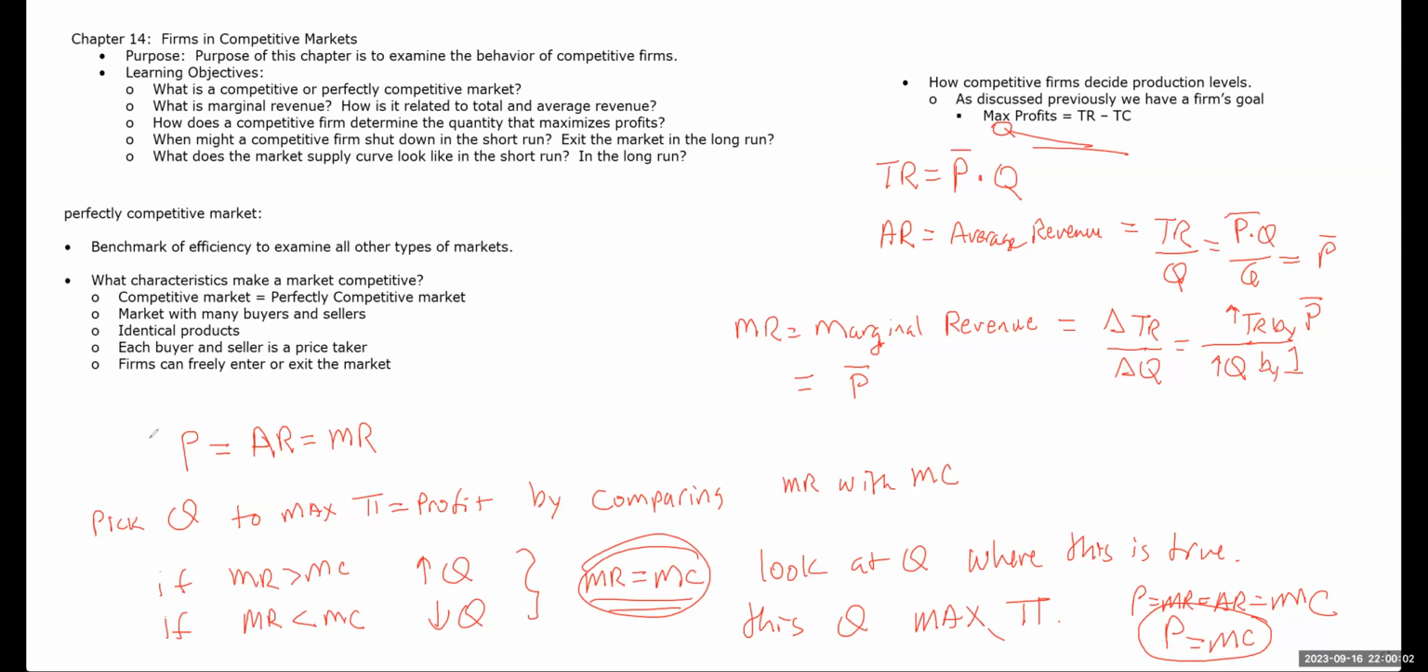So let's talk about this. I said to you that you pick the Q that maximizes profit, and that happens when marginal revenue is equal to marginal cost. I just asserted that. Now I'm going to prove it to you. All right, let's prove this. So the way to prove it